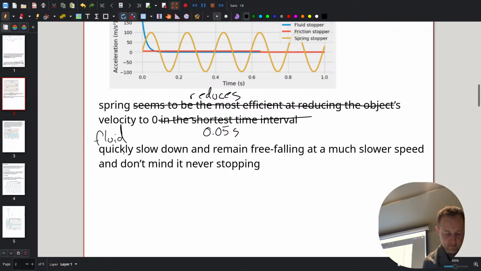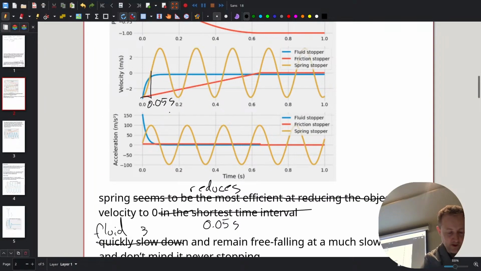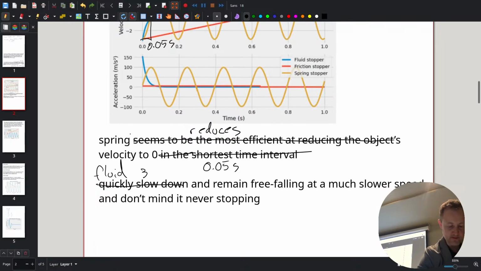And then here, instead of saying quickly slow down, we could talk about what the acceleration is, if we want to say how fast this thing decelerated. So instead of saying quickly slow down, fluid accelerates, I guess I'll go lowest to highest, 50 to 150 meters per second squared, and then remains free falling at,